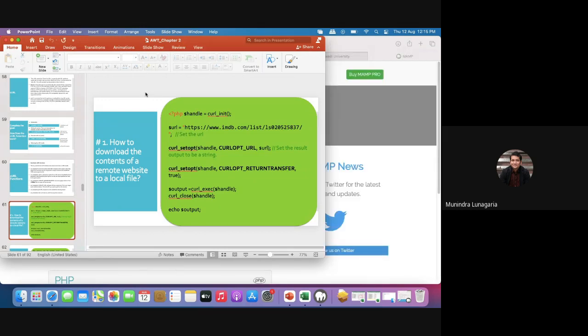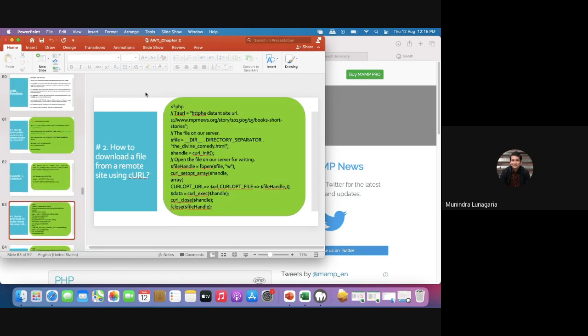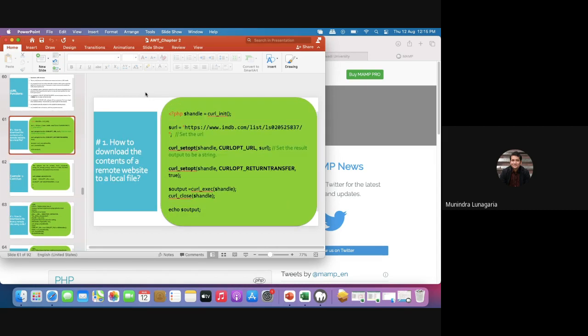First example: how to download the content of the remote website to a local file. How to download a file from a remote site using curl. So first we are going to retrieve the data.